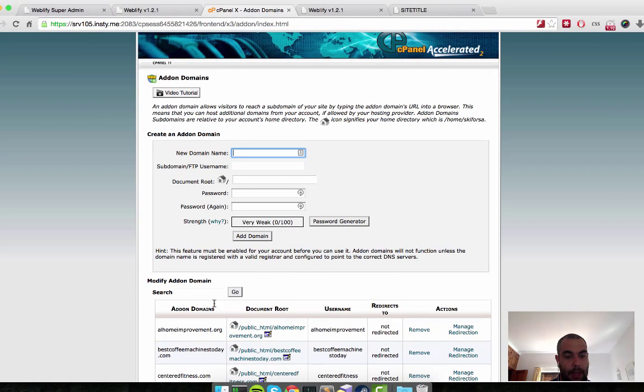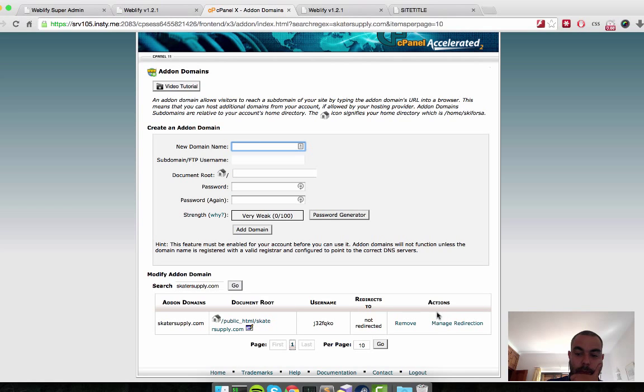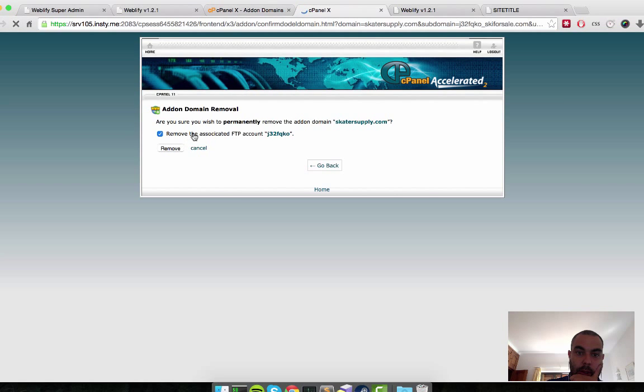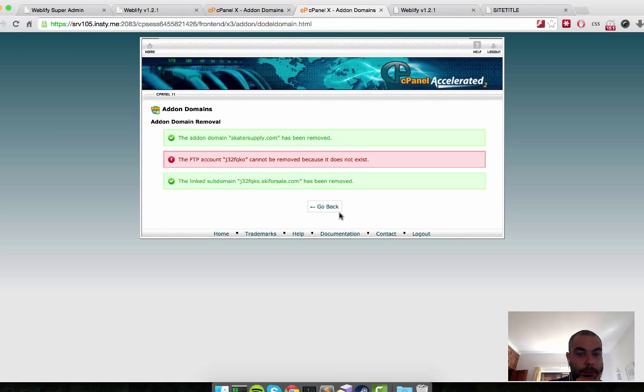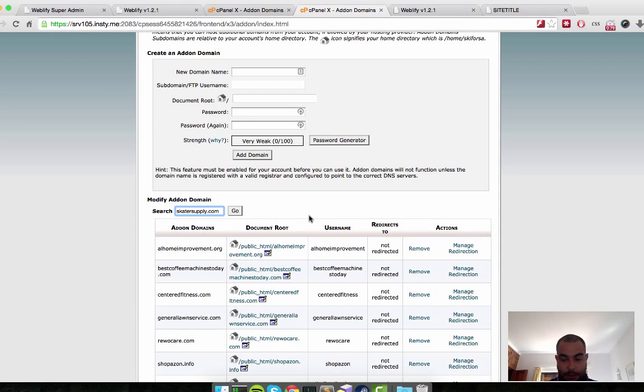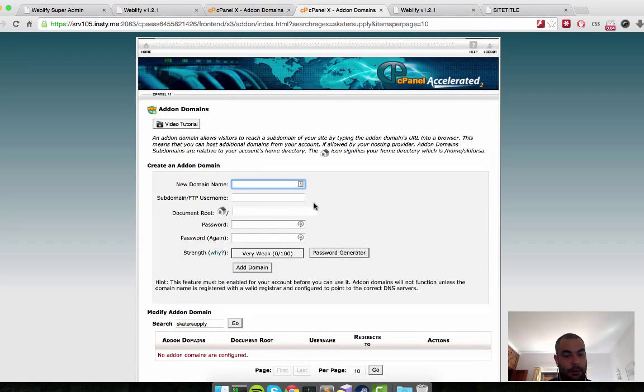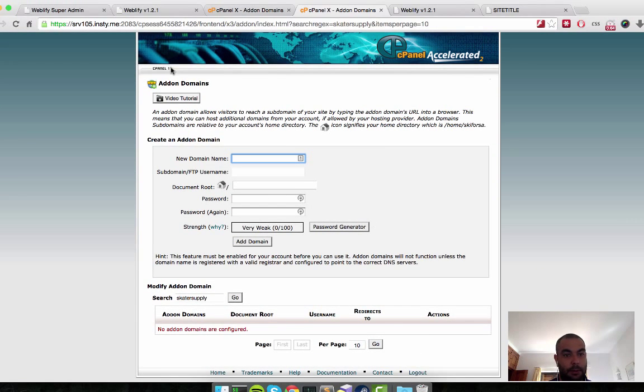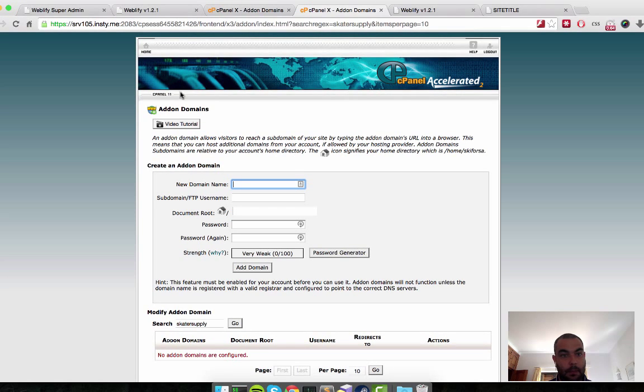And now here in the Add-on Domains tab, we do the same thing. We want to remove it, and we can remove the FTP account as well. So here we get the confirmation. Let's just make sure that there's no www or anything. So that's it. Now if you press home,